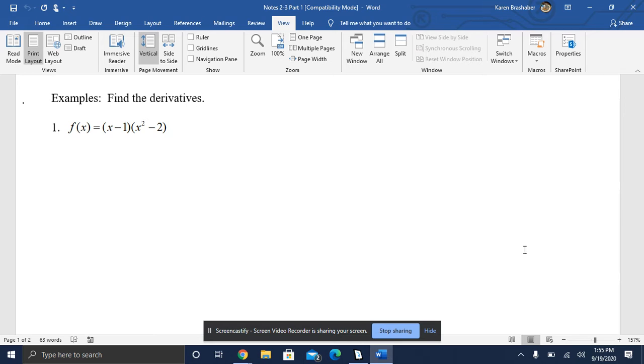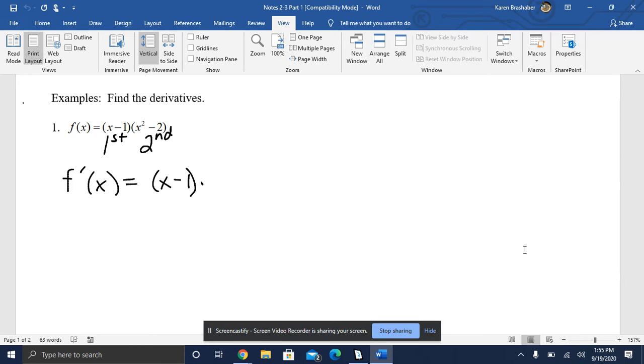We could multiply out x minus 1 times x squared minus 2 and have a polynomial to work on. But I think that this is an easy one to show you the product rule. So I'm going to go ahead and do the product rule with it. So the x minus 1 would be first, and the x squared minus 2 would be second as you do the product rule. So f prime of x would equal first, which is x minus 1,